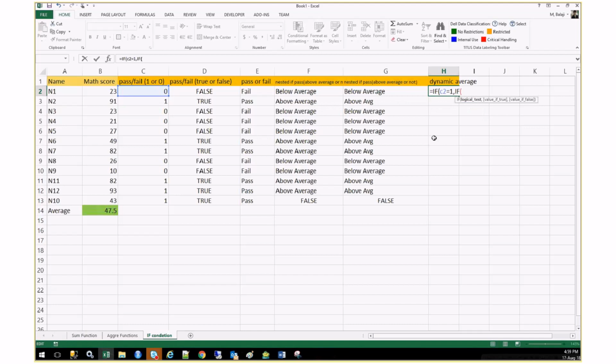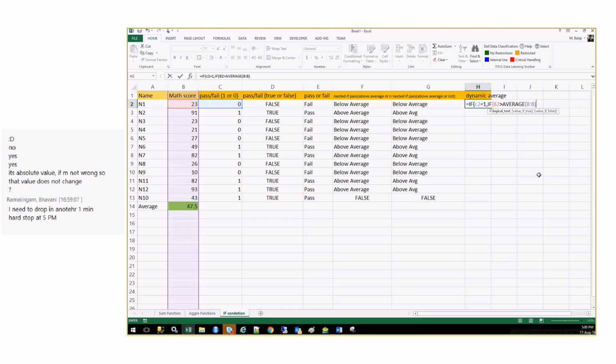So here is the next if statement, which is the nested one. Is this value greater than the average of this? Unfortunately I can't select this entire thing because there is already an average, but let's assume that we didn't have this average calculated here. This will dynamically populate the average of this B and B. Note that math score is a text, but the average function will ignore that and bring the average of this particular column, and if it is greater, then it says